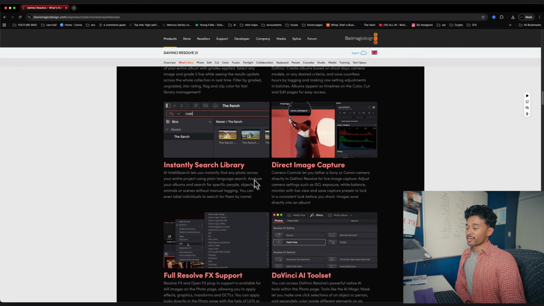Instantly search. So again, this is like the AI search thing above, I guess, where it can identify certain parts, certain things within an image. A camera example they've said: direct image capture. So what is this? Camera controls let you tether a Sony or Canon camera directly to DaVinci Resolve for live